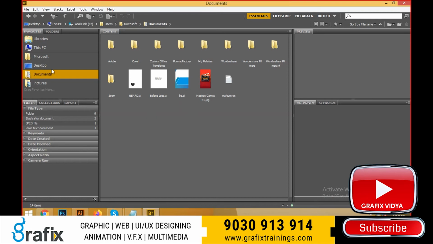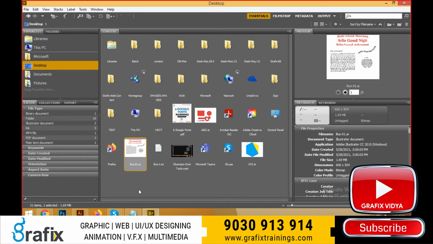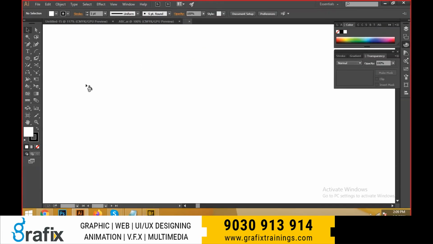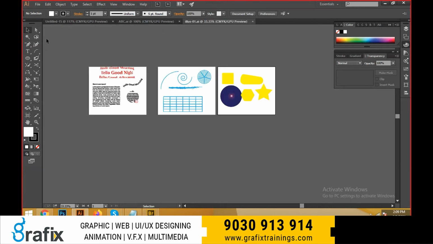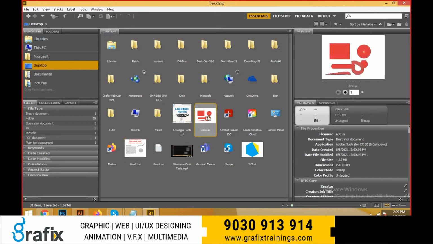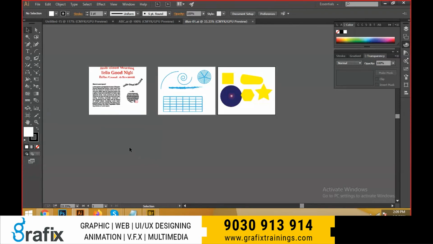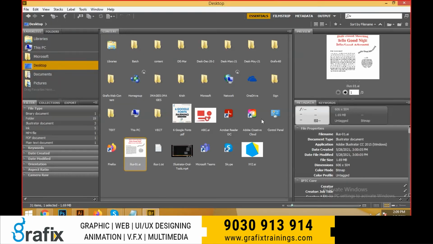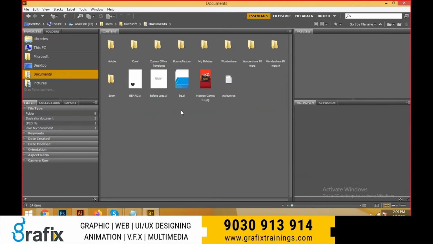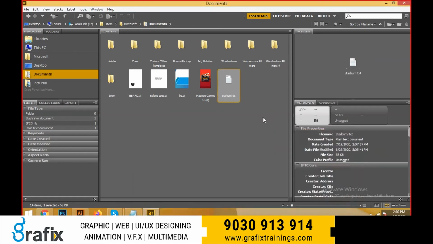Or otherwise we can go to the desktop, guys, and we can see here, see, this is an Illustrator file and this is also an Illustrator file. Okay, I'm just double clicking this one and I can open directly in the Illustrator application also. Means I can directly use Browse Bridge and select any document like this, and I can directly open this document from Browse Bridge also. Browse Bridge is nothing but just showing the metadata. Metadata is nothing but just giving the information of the file. That's it. And I can open directly. If you double click, you can directly open from here also. See, like this. And close the document.